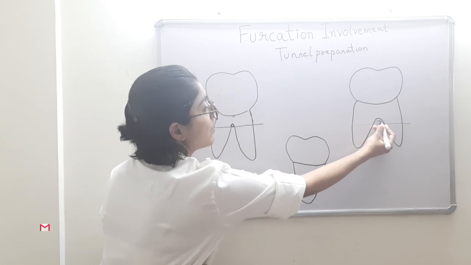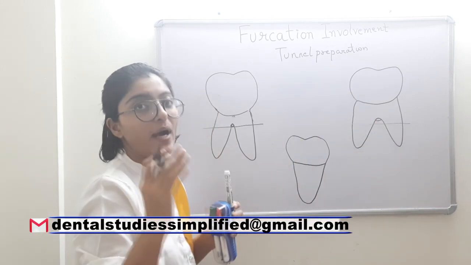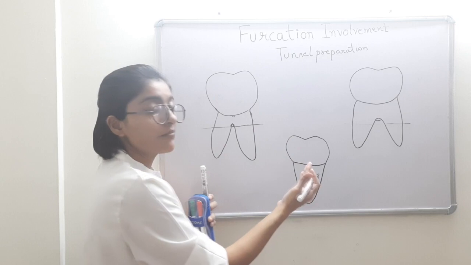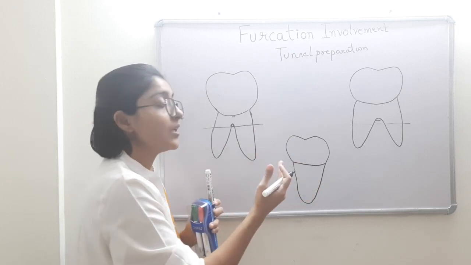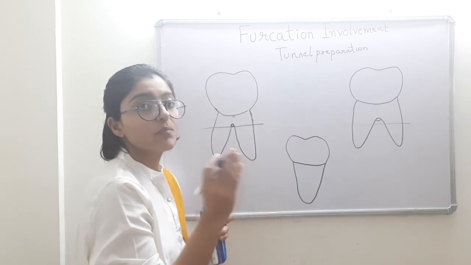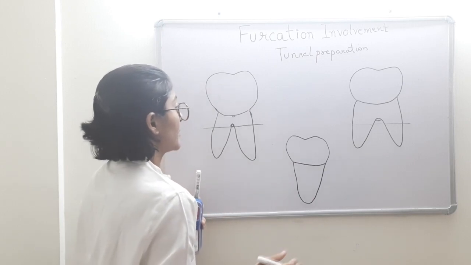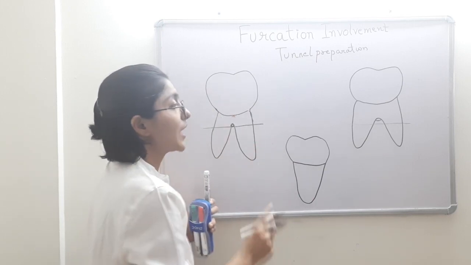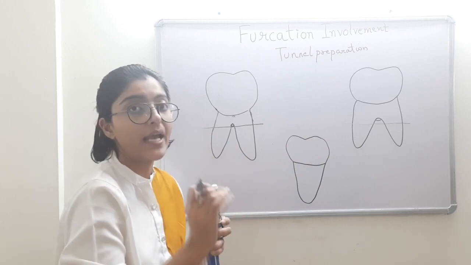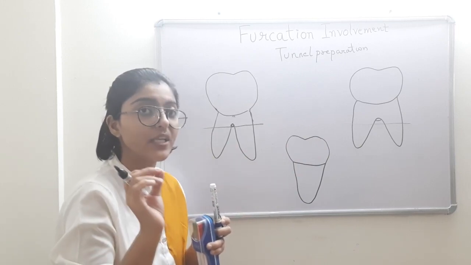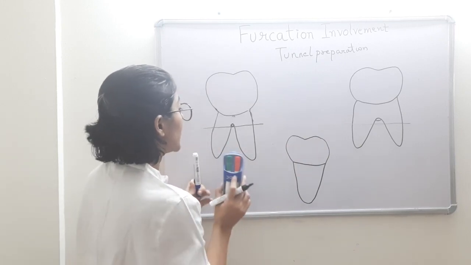This angle between the two roots should be wide enough. So the greater the value of the degree of separation or this angle of separation, better for the patient to perform practically. And that is why we have the number 2 criteria. It should have a wider angle of separation, which will be in terms of degree.